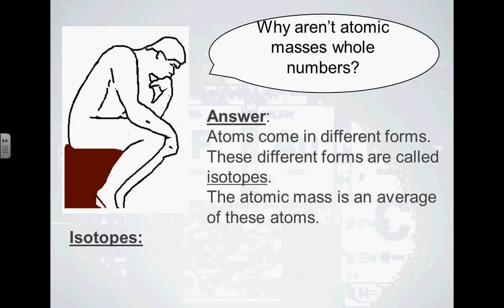That's the electron configuration. Now, you may be wondering then, if I said protons have a mass of 1 AMU, neutrons have a mass of 1 AMU, electrons have a mass of 0 AMU, why are the atomic masses on your periodic table decimals? Protons are 1 and neutrons are 1. We should end up with all whole numbers.